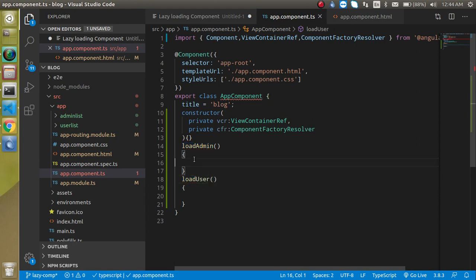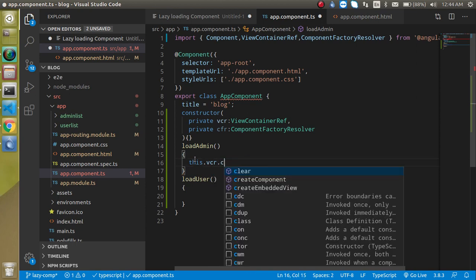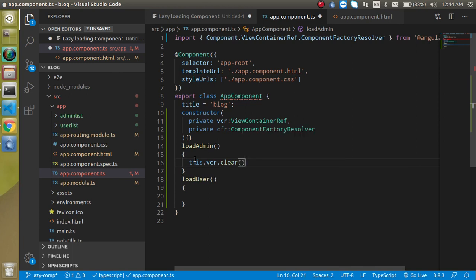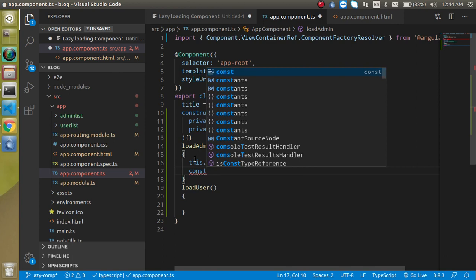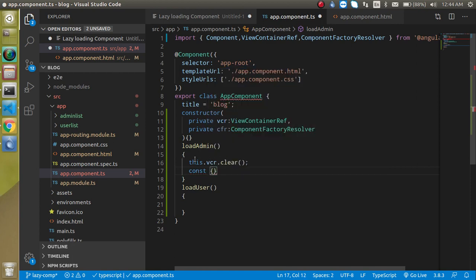user, right? Now in this function, what we are going to do, first of all, is clear the container, which is this. So just write this.vrc.clear, right? And the other thing is you can write const, and first of all we are loading our component, whichever component we want to load on the admin, right? So just simply write here